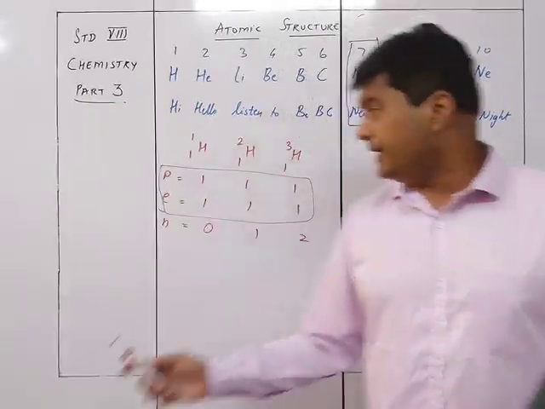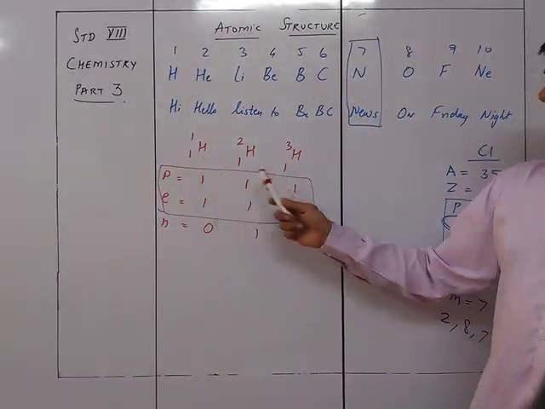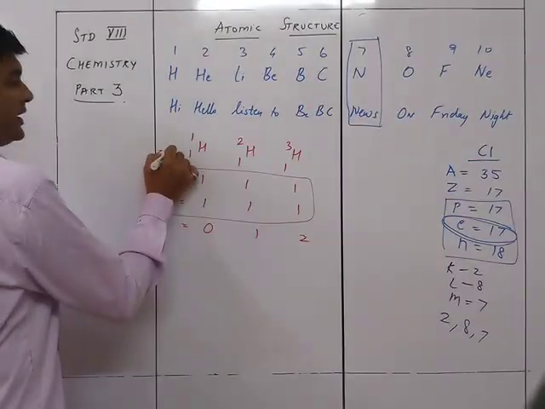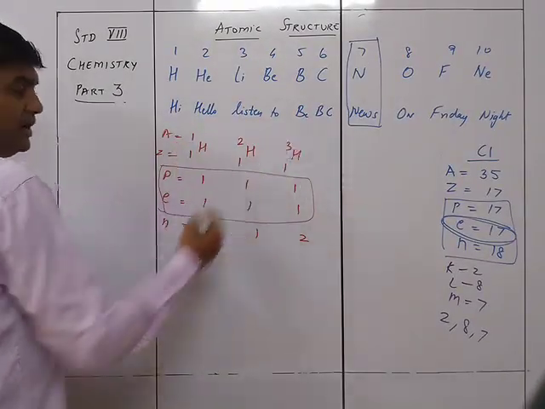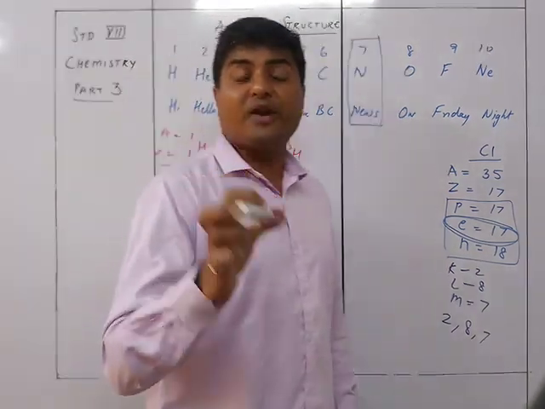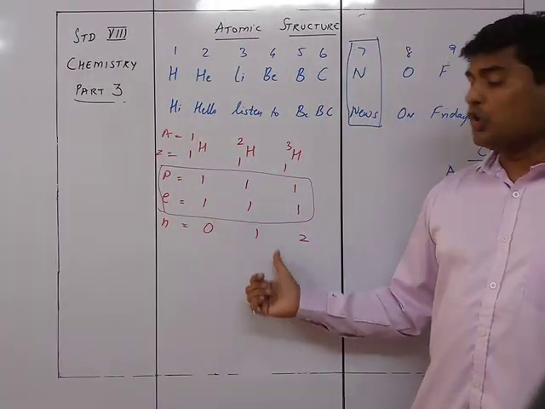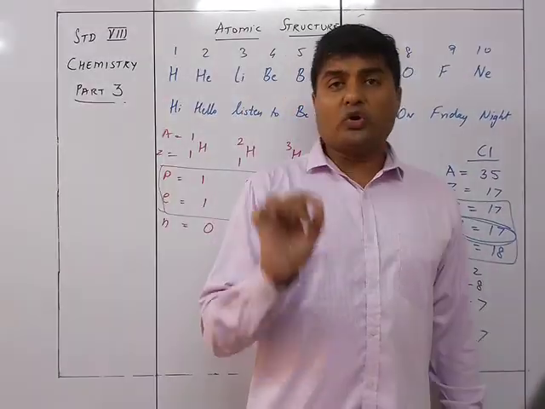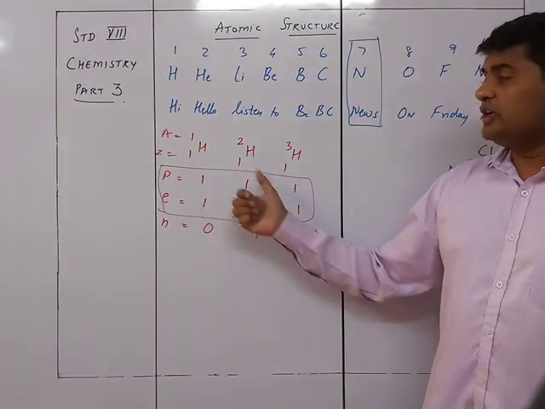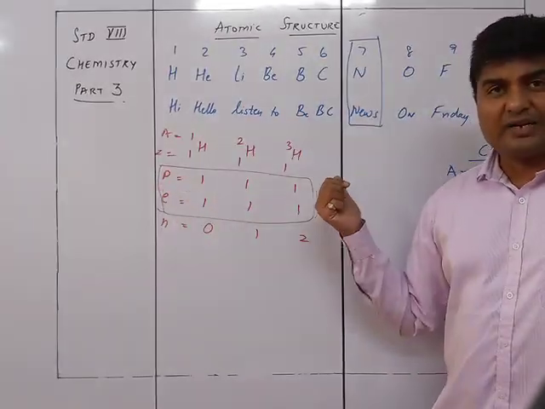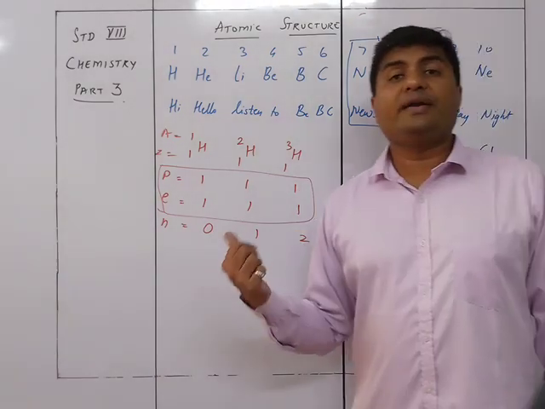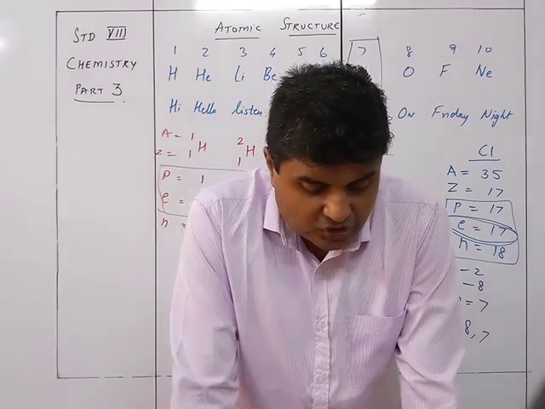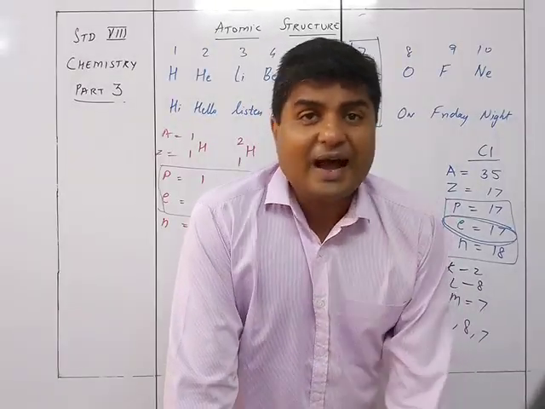What is atomic number? In all the 3 cases, the atomic number, the Z, over here is 1, but the A over here is different. The atomic mass is different. Why is it different? Because of the different number of neutrons present in them. These are the same hydrogen atoms, but they have different masses due to the presence of different numbers of neutrons in them. So that is the reason we call them isotopes.